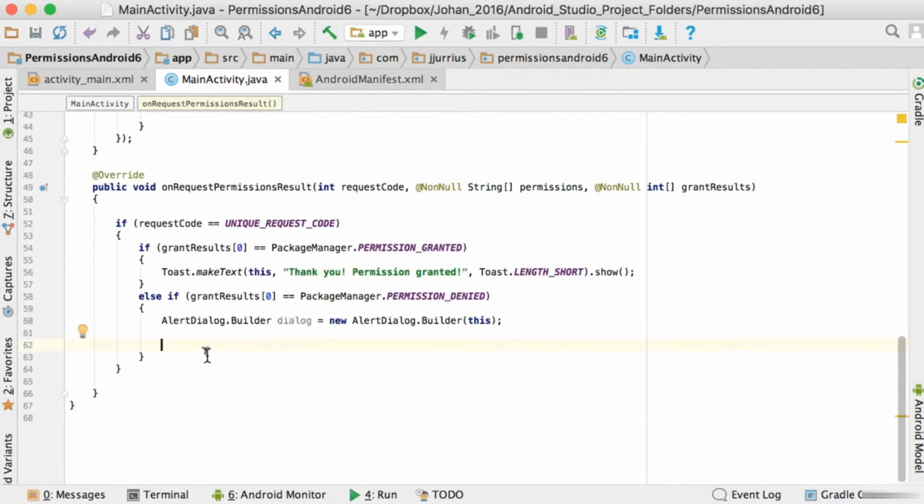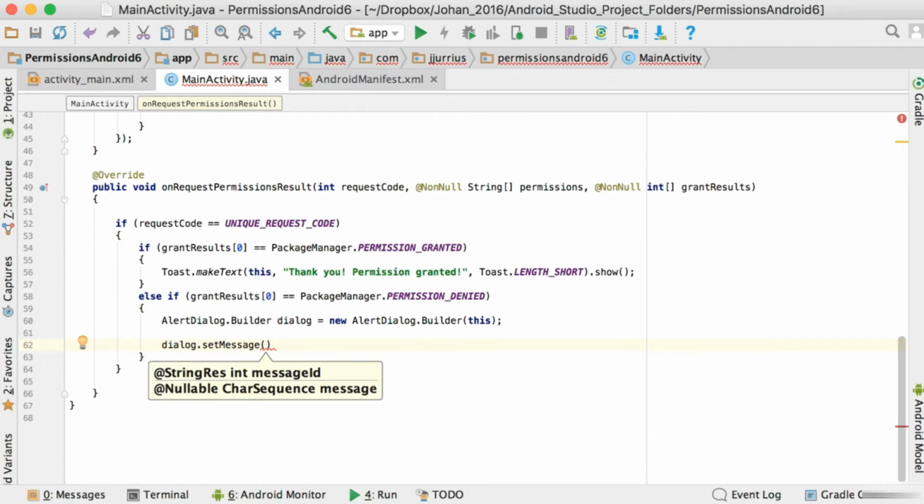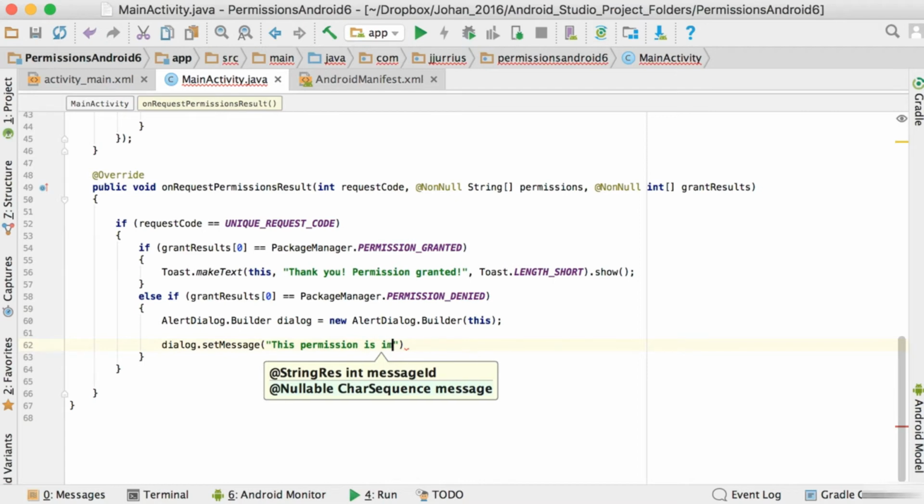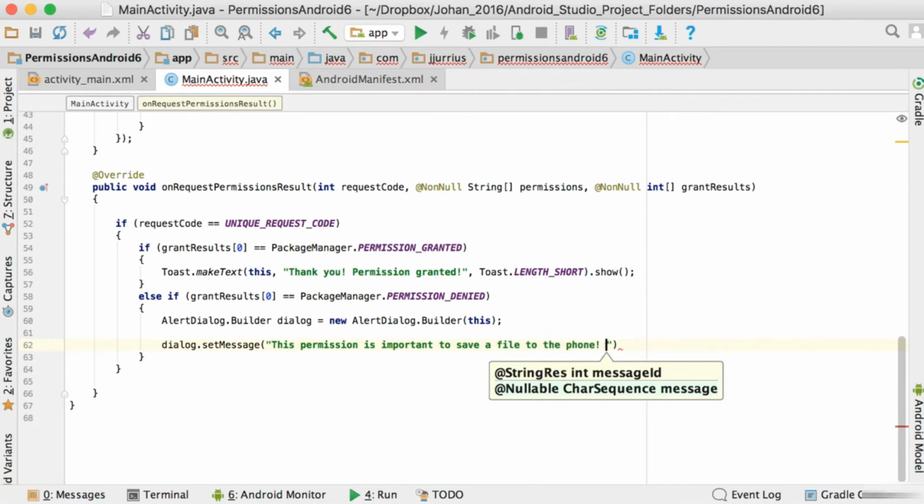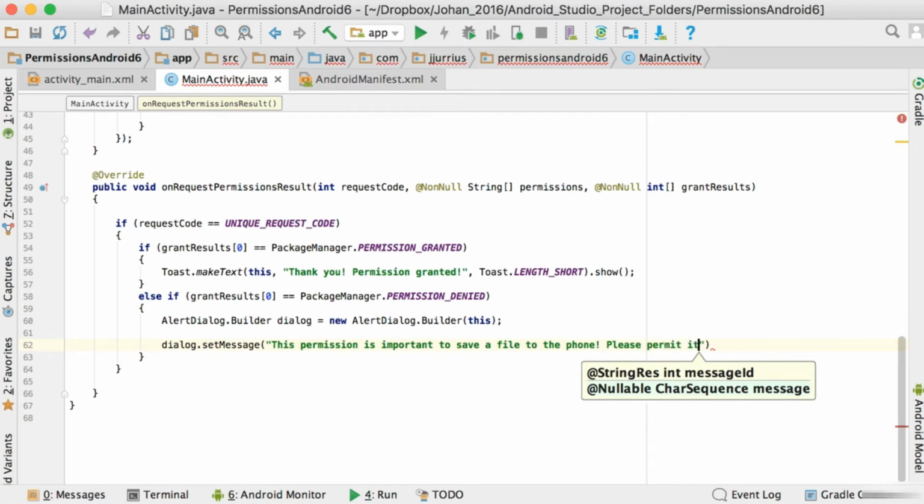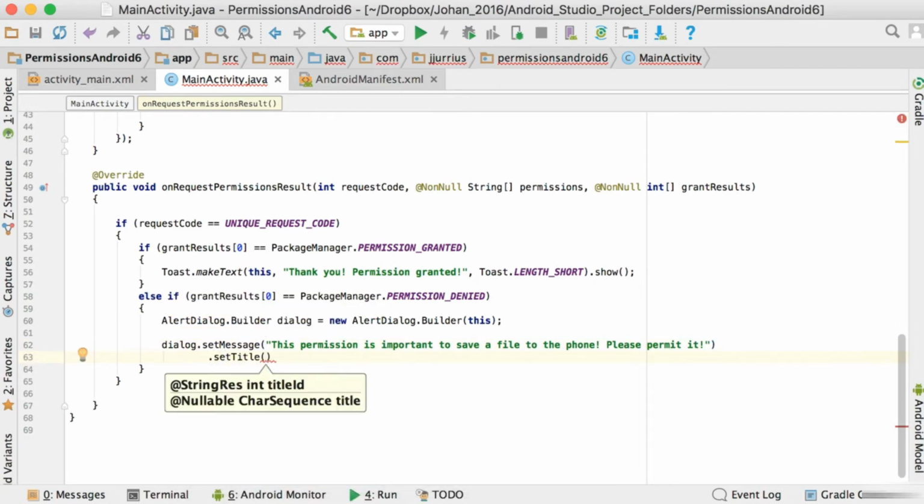Now to just display a simple message, I'm going to use dialog.setMessage, and let's set the message as: this permission is important to save a file to the phone. Please permit it, something like that. Okay, so that's the message, and then we can also set the title, and let's set the title to